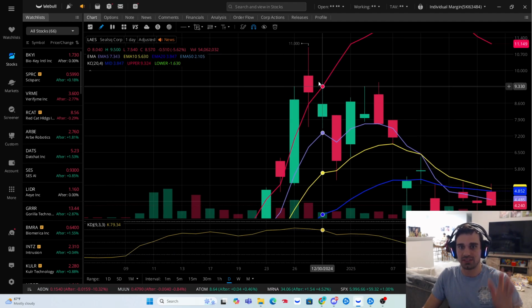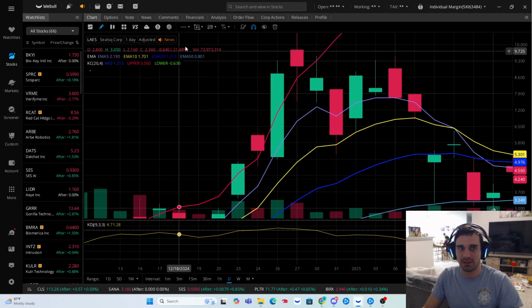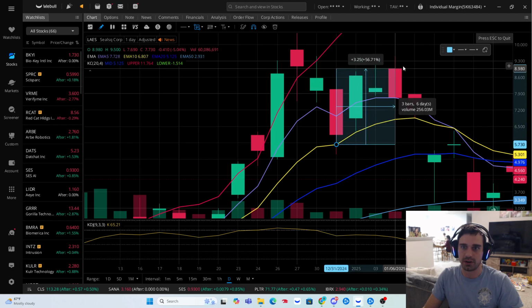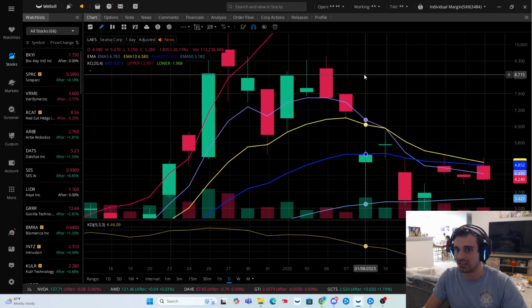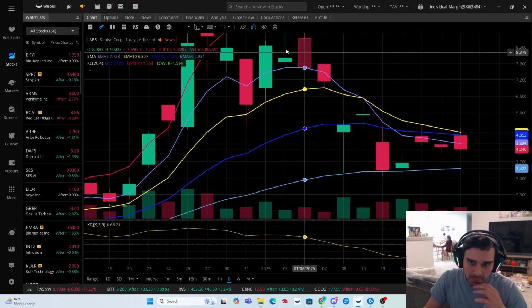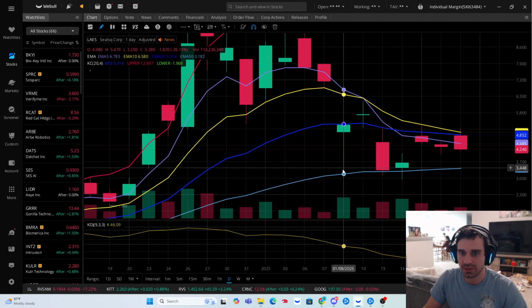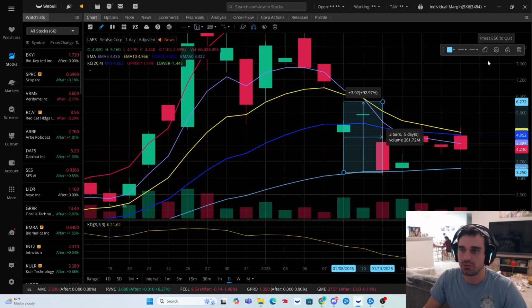But then again, we hit this upper band. We made a massive move. But then we came down to this EMA 10 and had this massive pump, right? Right here was literally 54% in one day. This stock is literally insane. I love it. I love the volatility. But then we come back down again. We get very close to this 50, make this big pump right in here, and do 92%.